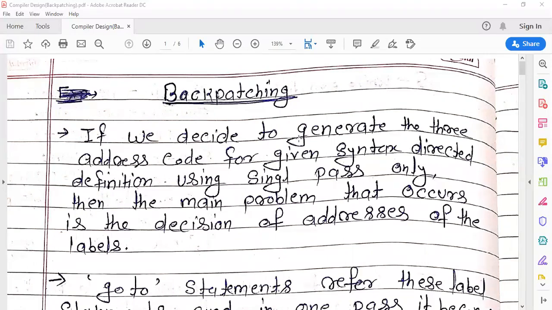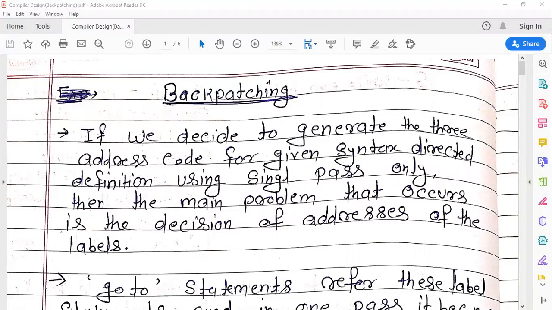In the earlier three address code for the Boolean expression, you were facing difficulty when writing the address of the label, because all the three address code with the help of the earlier SDT used a single pass only.